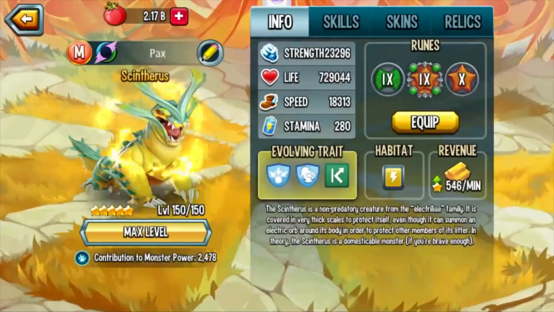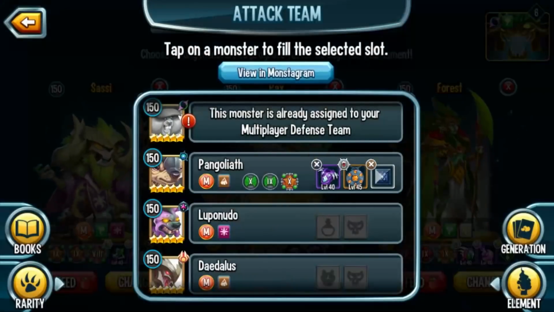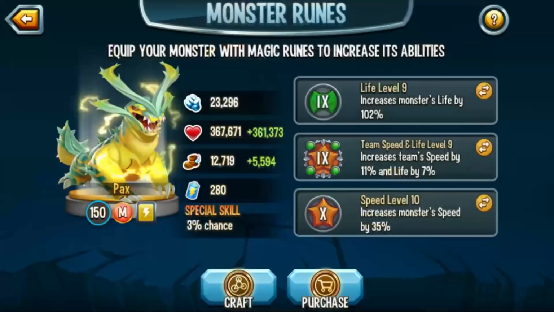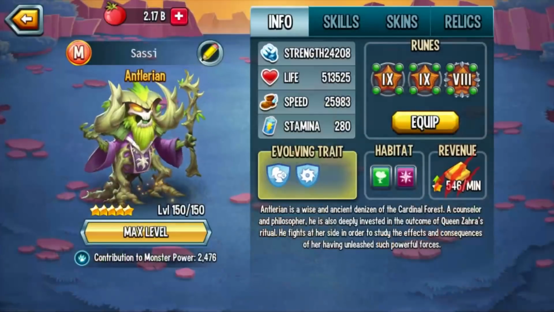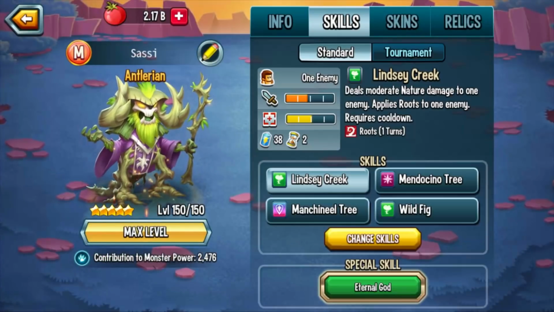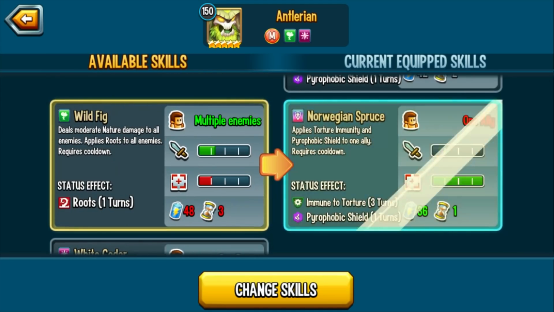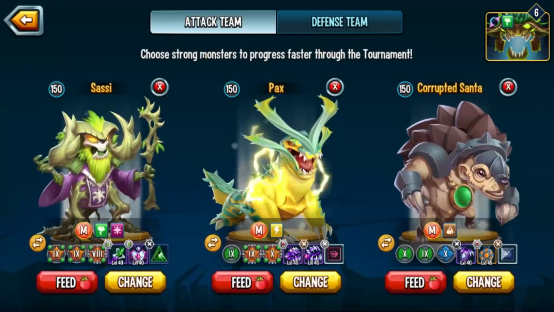We'll do Syntheris. We'll try it with Syntheris. Now I just need to find the right runes. And oh, here's Pango too. All right, we'll try with Syntheris first. And let's see. So if he's hiding behind this, let me give the skill set I was talking about. I think if you were to give this monster CDA, well, I have roots, I have CDA, immune to torture, and I'd probably even go ahead and just do that one, Pyrophobic Shield. And I wouldn't do the AoE Wild Fig, because once you eliminate one monster, you'll only really need...